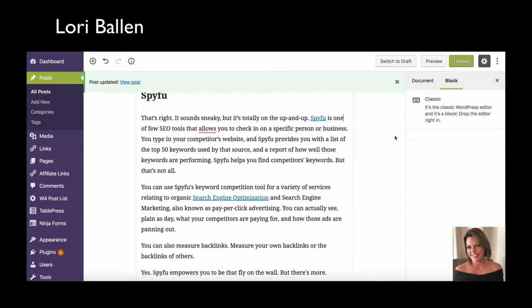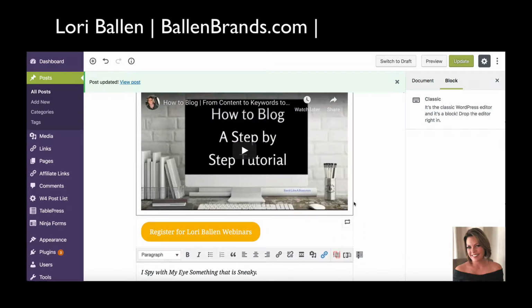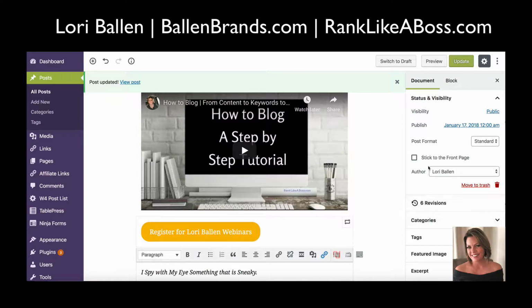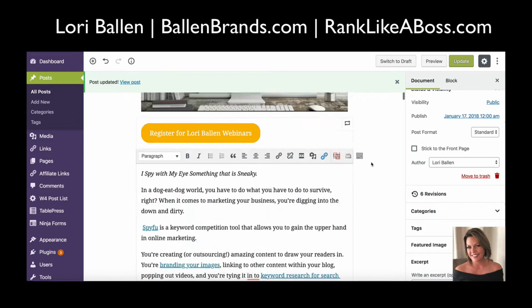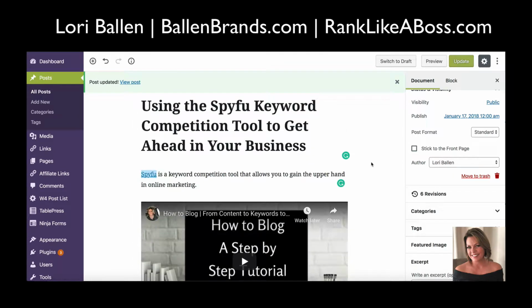Hey, Lori Ballen here. Today I just want to simply show you how to change the publish date in WordPress Gutenberg. Now, we talked recently on one of my webinars about the fact that sometimes having an older date or